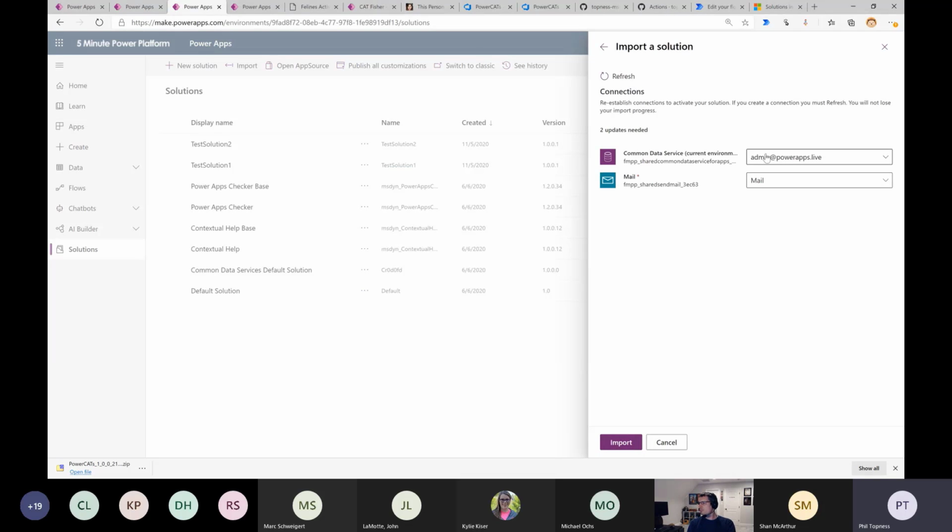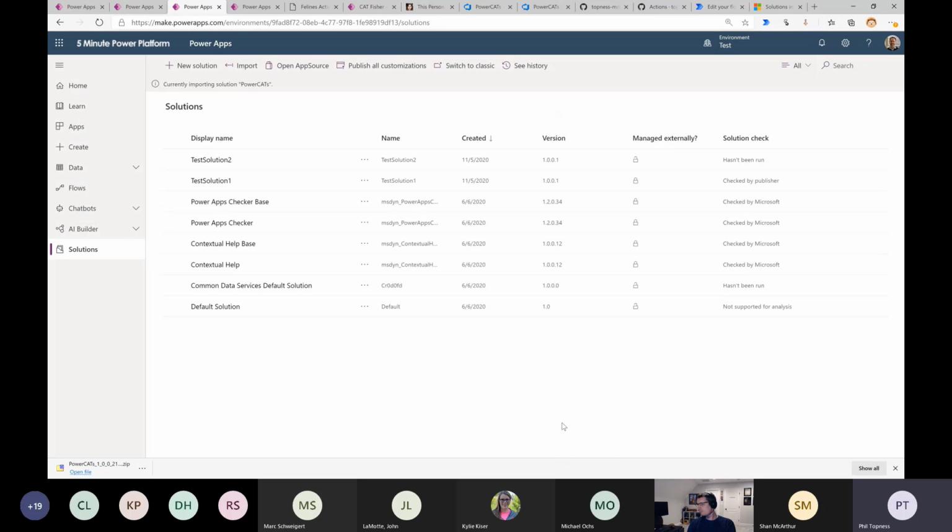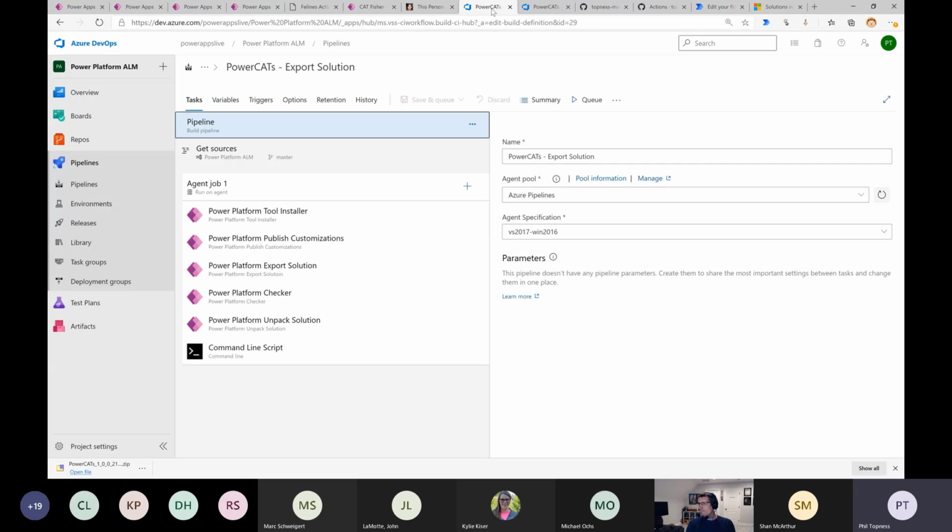Now here's the connection references Mark mentioned too. So as I move this between environments, I can map these connections that my app uses to connections that are specific to that environment. Only on the first time. Then the second time, if they still exist, it'll just map them automatically and you don't have that manual step. So part of the ALM process is automating and standardizing this. And so here is an example of the Power Platform DevOps tasks. And so here we can see we install it. Let's just start this thing while we're doing this.